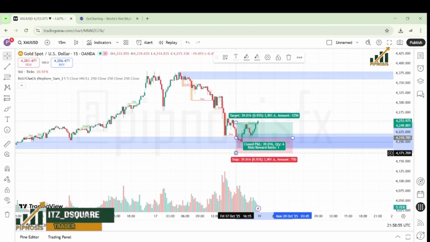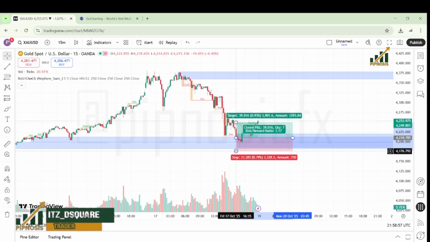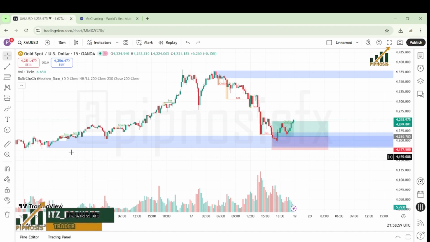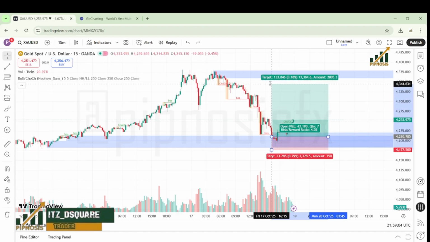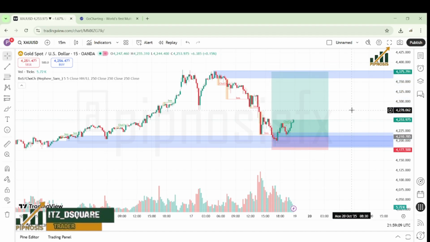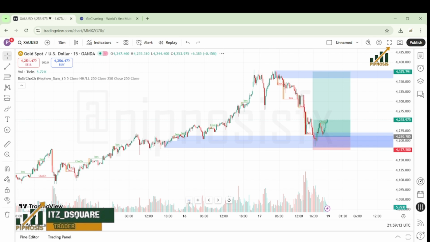My stop loss below the structure is the order block level. Then my TP will be at the resistance. If I was to place this trade,